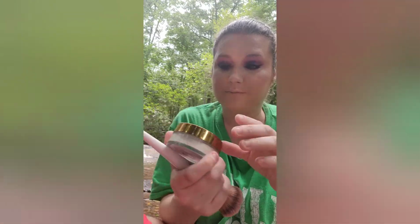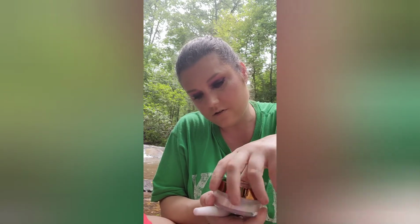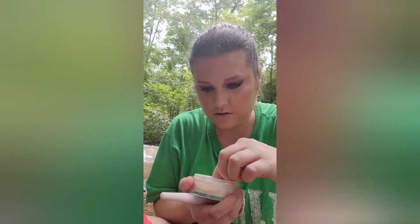I like the feel of it after you put it in. Okay, now I'm going to go in with Beauty Bakery, the Better Not Bitter setting powder. Oh yeah, this one had a little thingy, so it didn't get so